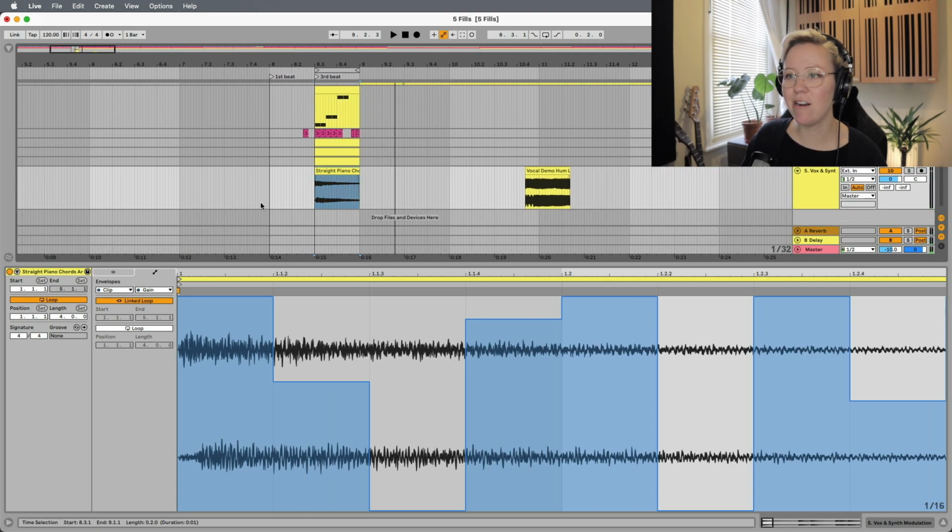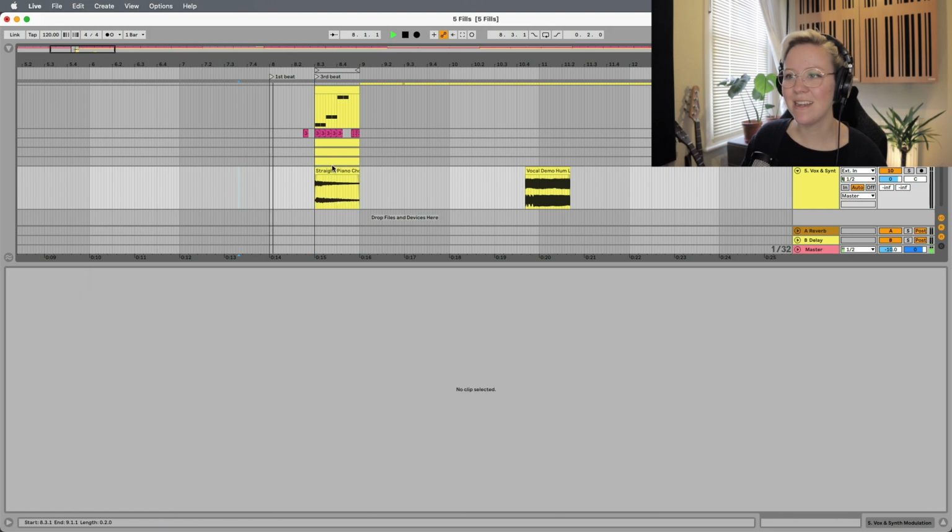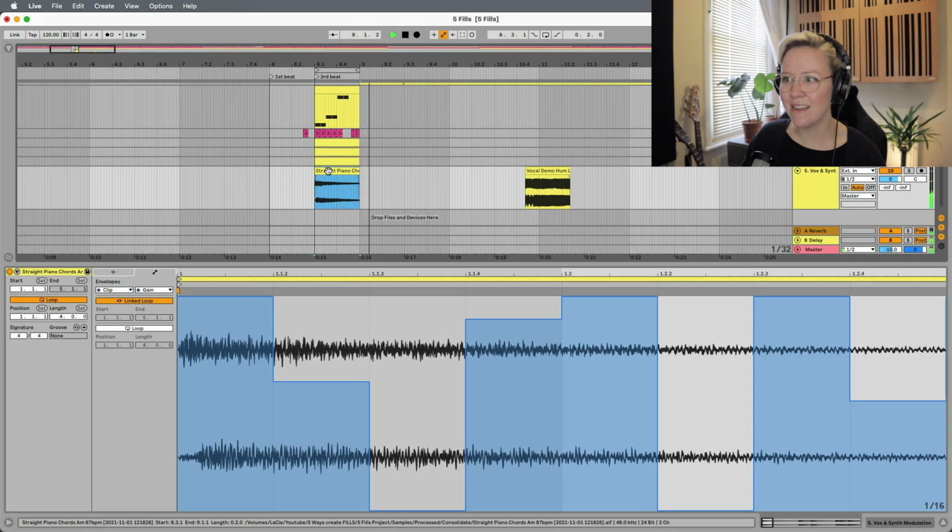Nice. Oh, Simpler. Nice. Or the Arpeggiator and synth. Very cool. So even if you use all these 5 different ways in different sections, different transitions of your arrangement,